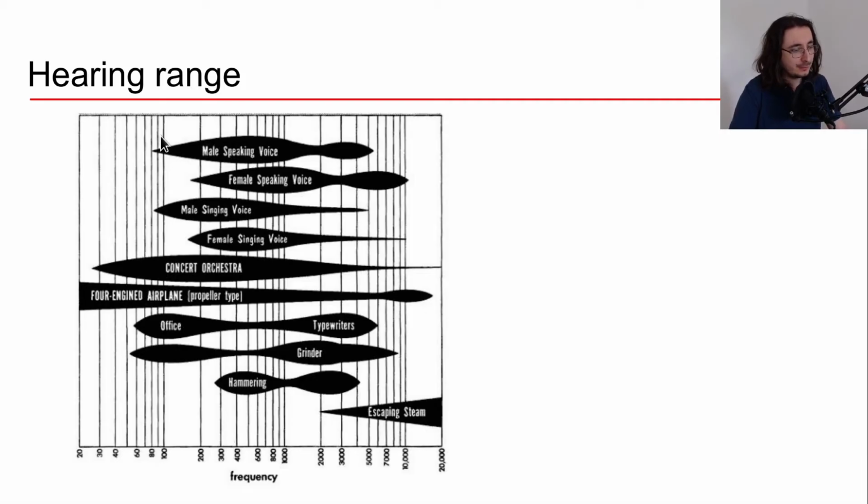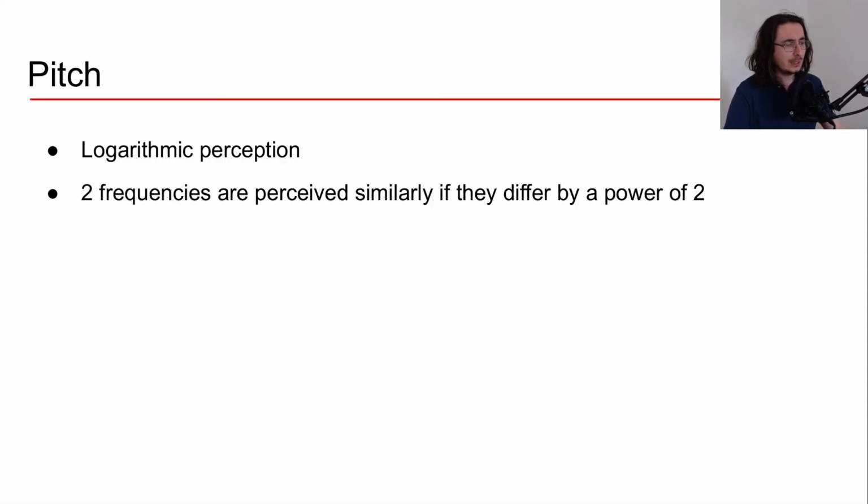And so here you have, for example, the male singing voice, which is somewhere, I'd say, between 60 to 2,000, even 5,000, and then the female speaking voice, which is usually an octave above the male speaking voice as a rule of thumb. And so it starts around 200 hertz and goes all the way up to 10,000 hertz. Okay, so here you get an idea of different types of sounds and how they map onto hertz and our hearing range.